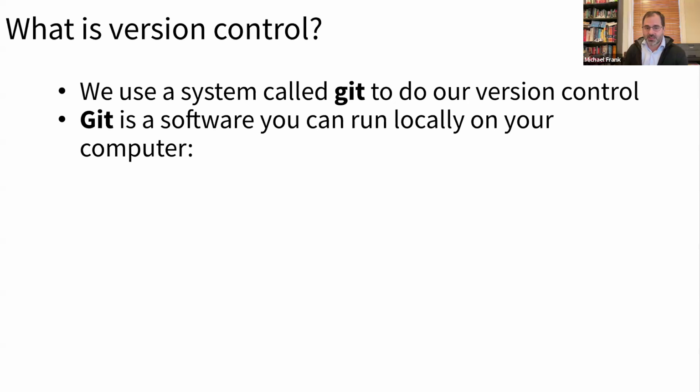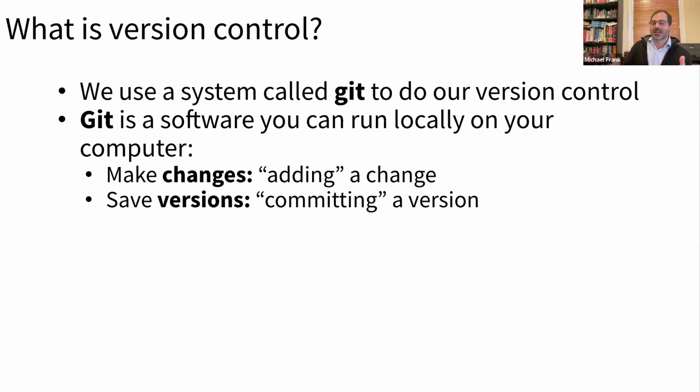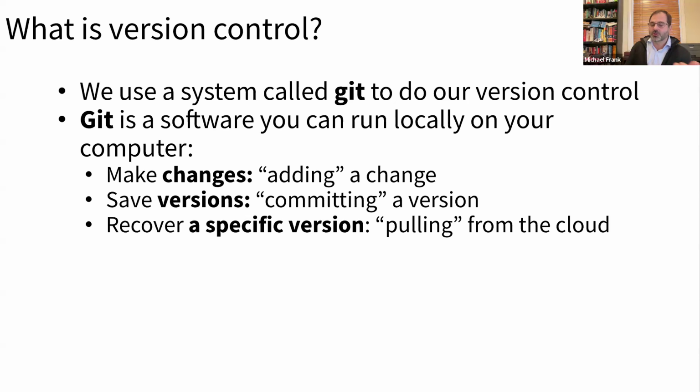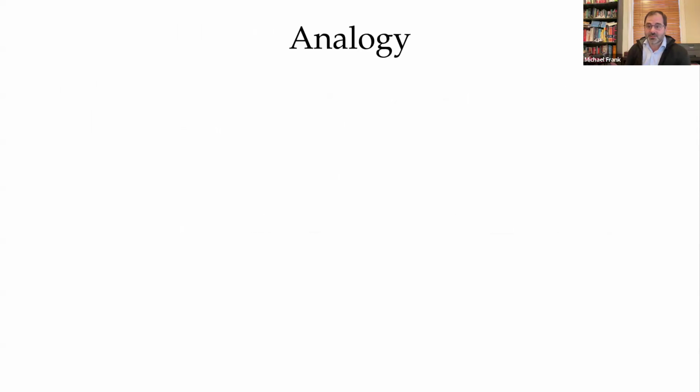Git is the software that runs locally, where you make changes to a project and you add them into the repository, and you commit a version of that project. And then you can pull down a version from the cloud or push up a version to the cloud. So it's a way to synchronize your local repository with an authoritative cloud version. GitHub is a particular website that hosts those Git repositories. So Git is the software and GitHub is the platform online. I think this can be very, very confusing, so I'll try to give an analogy here, and then provide some resources if you want to learn a bit more about Git and GitHub.